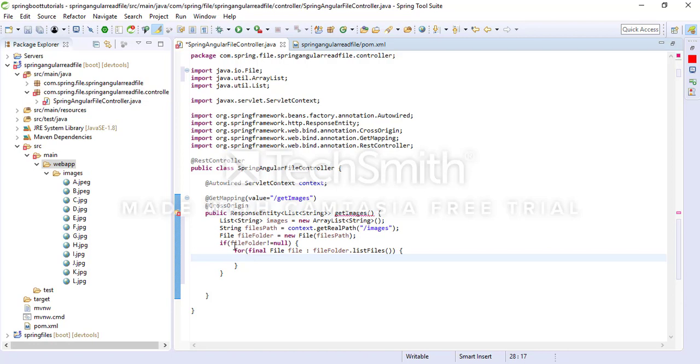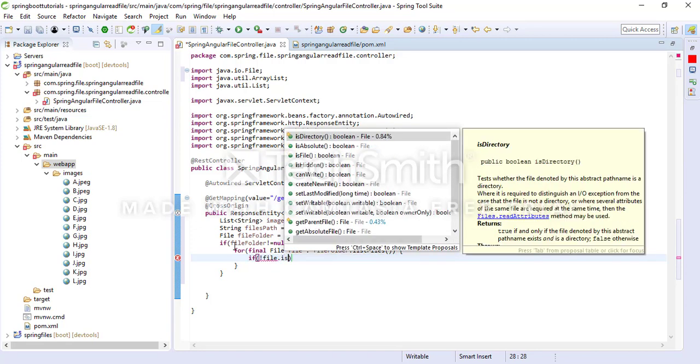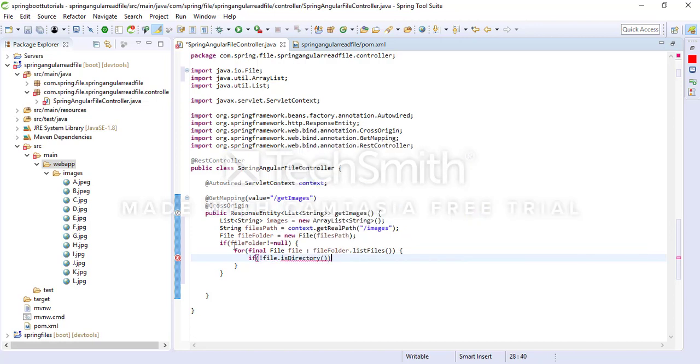Next I am going to check one file. First I am checking not file dot isDirectory, that is directory or file I am checking. That's why I mention not file dot isDirectory, that is not directory, I am thinking that is a file. So that purpose I am taking that one. Next I am going to take String encode